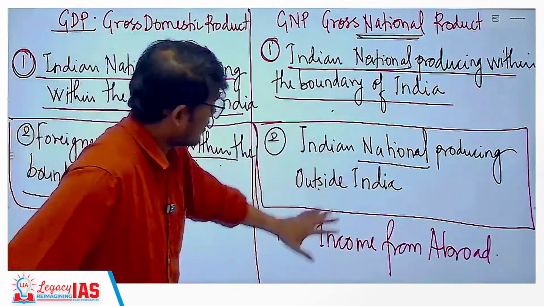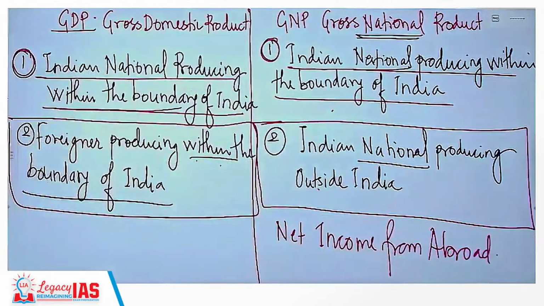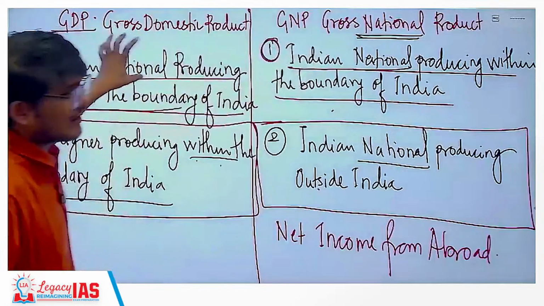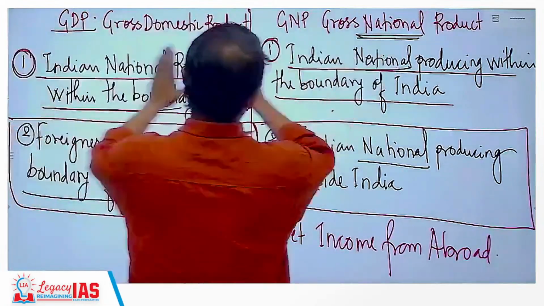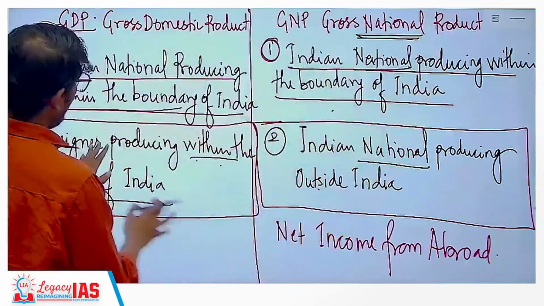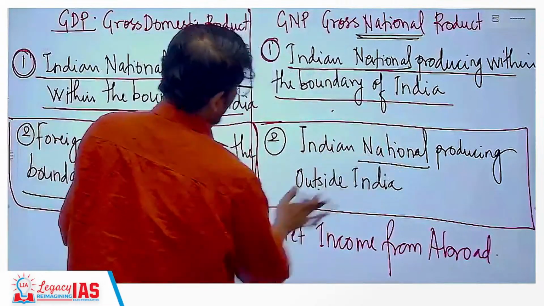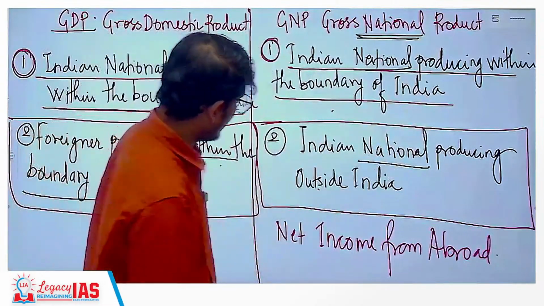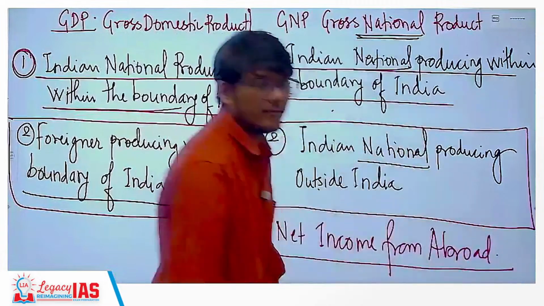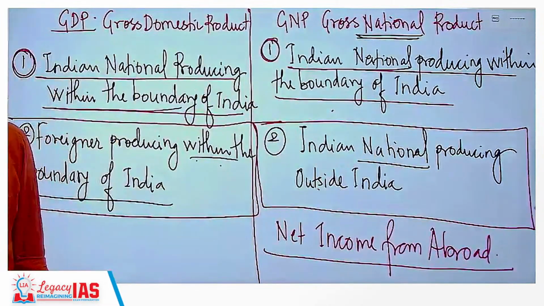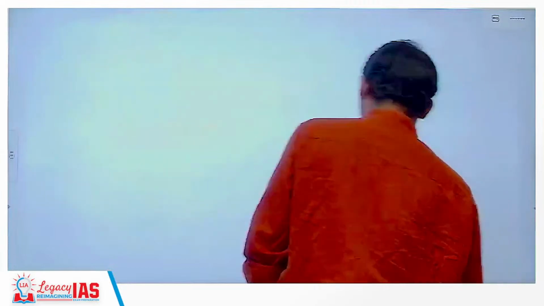This minus this is net income from abroad. Confusion? Clear? The first top one is common, so it is not going to do anything. It cancels out. Which is bigger will be decided by these two factors, and the subtraction of these two is nothing but net income from abroad. Right? So what will the relationship be now? The relationship would be